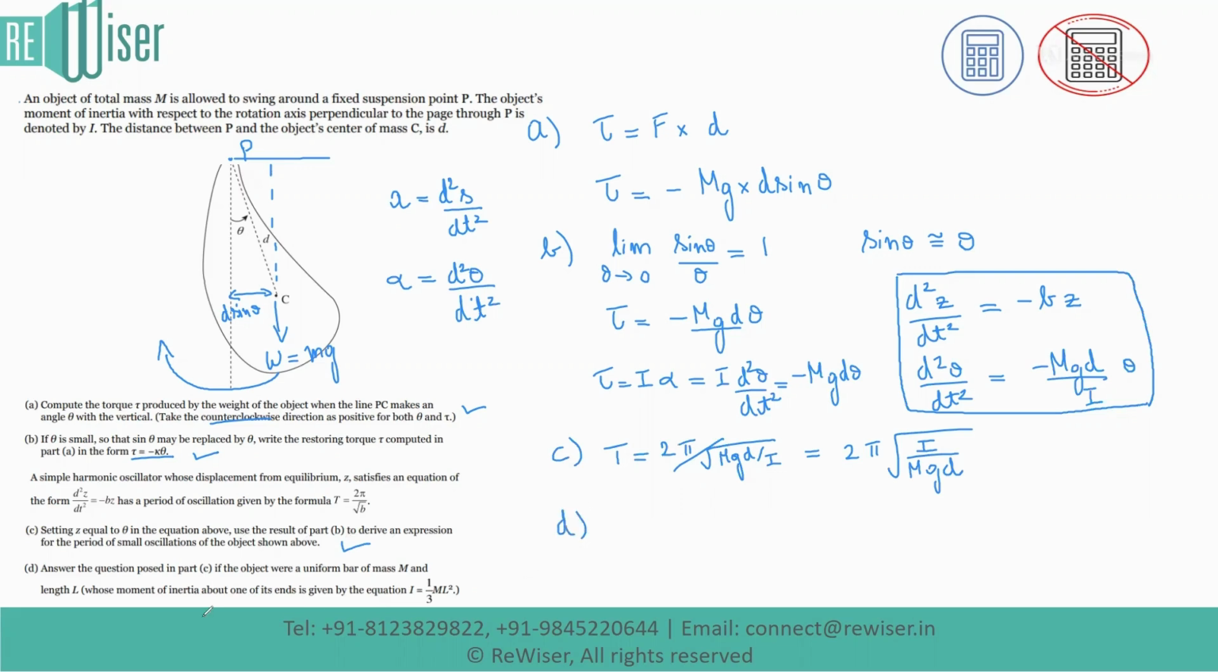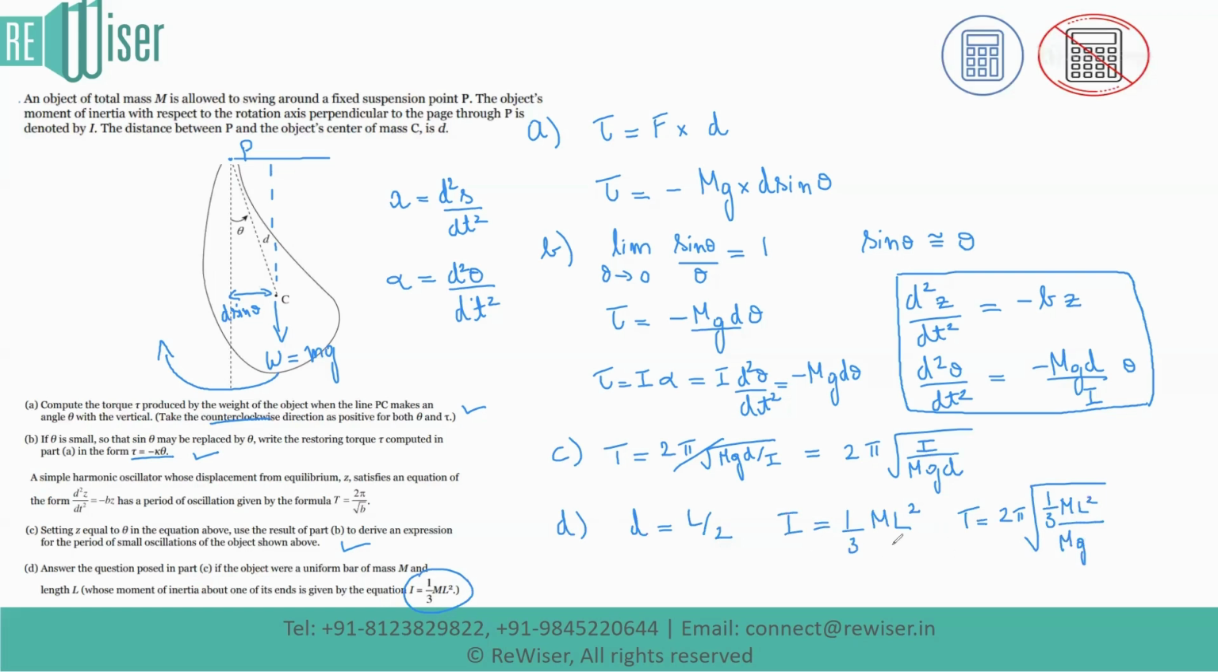Now moving on to the last part, that is part D. We notice here that we assume it is a uniform bar of mass m and length L, and we simplify the equations. With a uniform bar of mass m and length L, the center of mass is going to be exactly at the center. So d is going to be L over 2. And as stated here, I is going to be equal to 1 by 3 m L square. Just make the following substitutions. So my equation for T becomes 2 pi times the square root of 1 by 3 m L square divided by